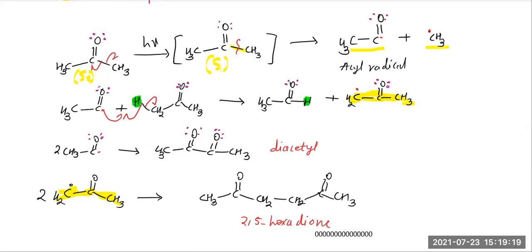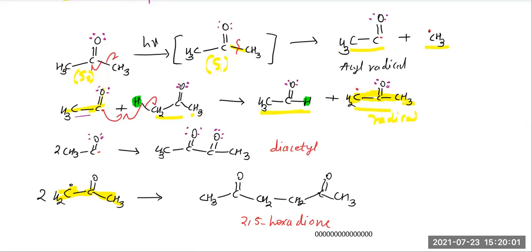Now in the second step, this acetyl radical will react with a neutral species, that is a second molecule of acetone. So here it is the alpha hydrogen atom from the second molecule. You can see that this alpha hydrogen atom from the second molecule of acetone will be abstracted by this acetyl radical and forms an aldehyde. You can see it. This is the aldehyde, right? And this remaining part becomes a radical. This is a radical species.